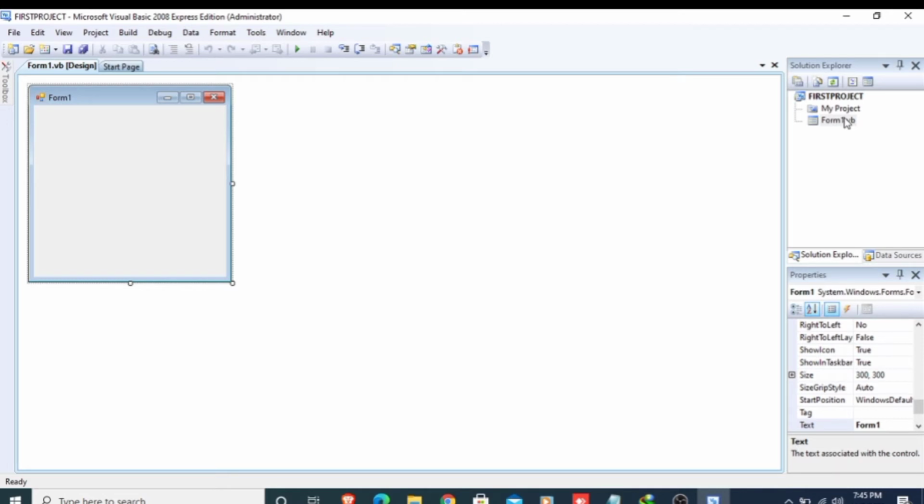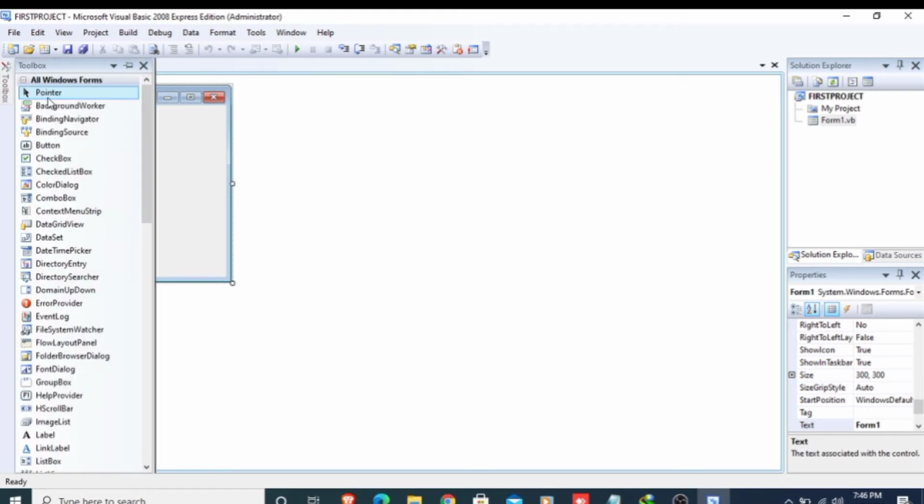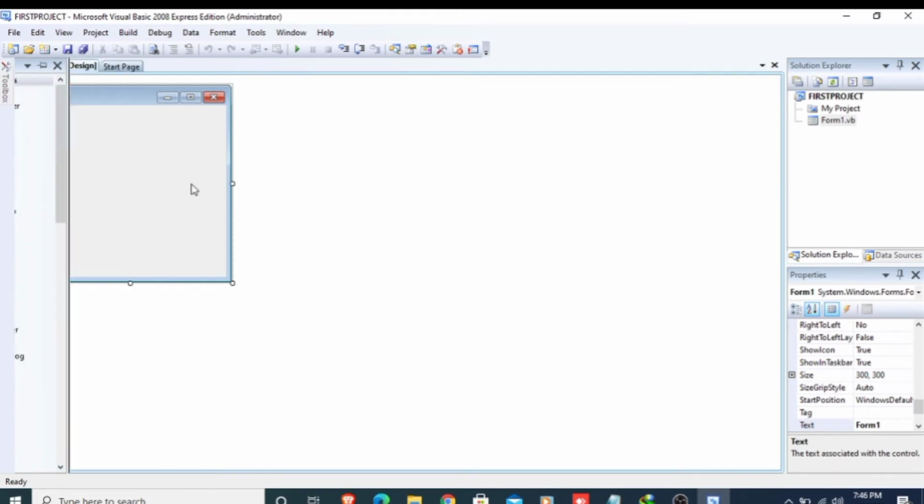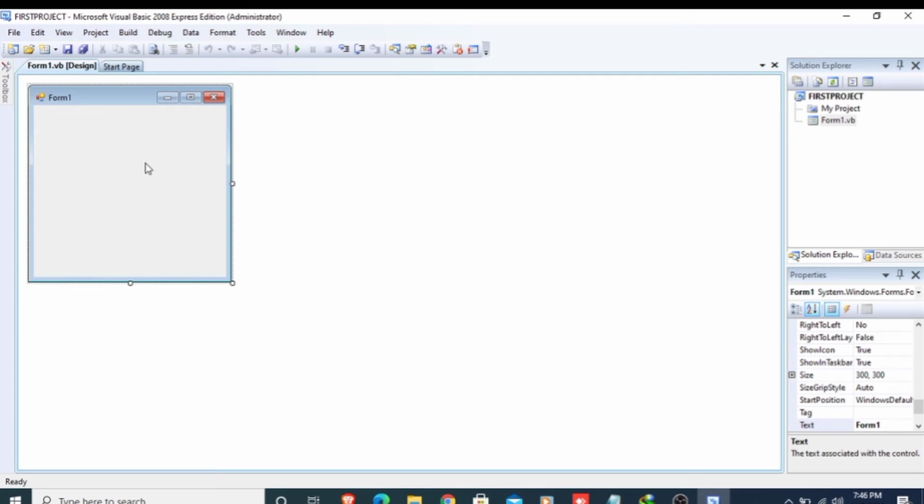After that this one is your Properties window. This is the Properties window. It shows the properties of the object that you have selected. Suppose I want to show the properties of this form, then I just have to select the form first. If I have any object in my form that I add after this, and I want to show the properties of that object, then I just have to select that object first.